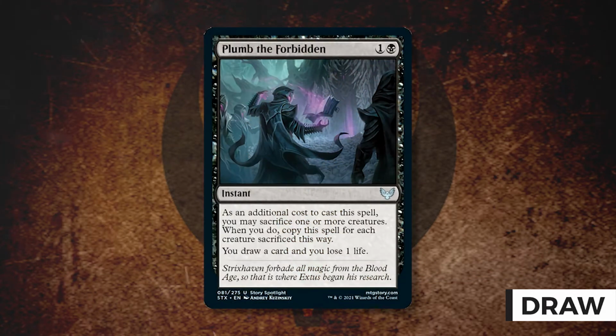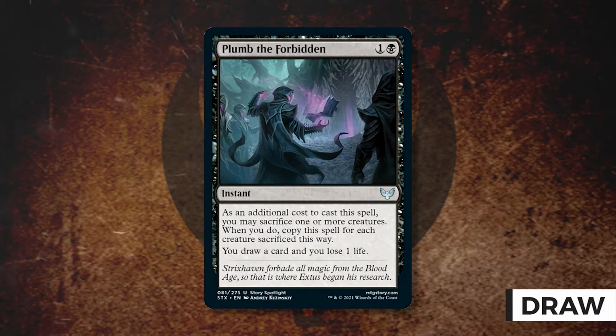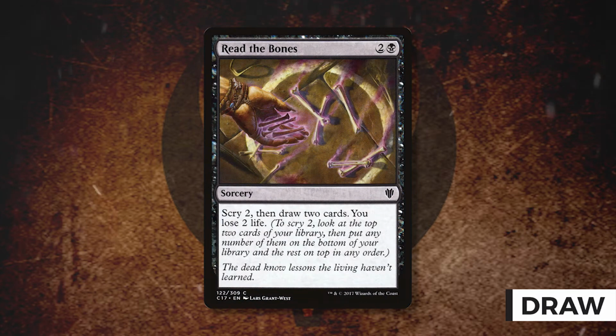As an additional cost to cast a spell, you may sacrifice 1 or more creatures, and when you do, you get to copy it for each creature you sacrifice this way. You draw a card and you lose 1 life. So if you have multiple creatures, or if you even decide to put a lot of tokens on your side, like the Inkling tokens, you get to use them as fodder to draw more cards at the low cost of your life total. Next, we have Read the Bones, where you get to scry 2, then draw 2 cards,